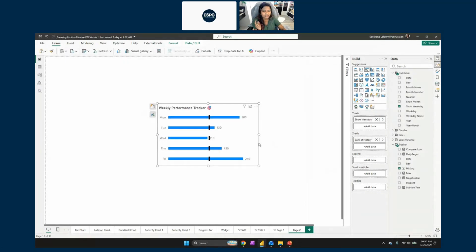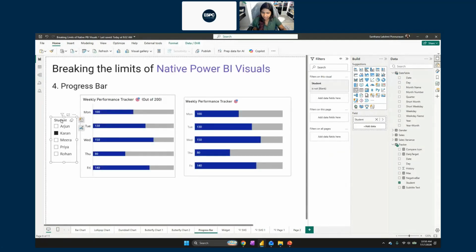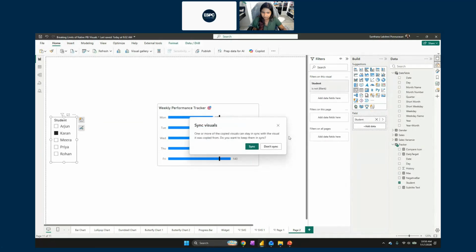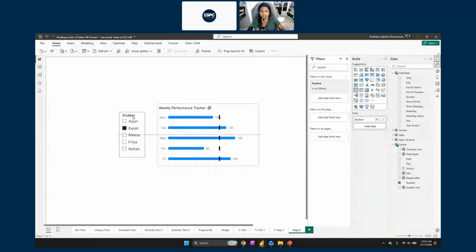For the bullet chart, the only thing that you need to do is add upper values and lower values together. And if you want, I could also show it with the slicer. Since my target is fixed, it doesn't move, but this is how you could create a bullet chart. Easy to find out if it's more than my target or less than my target.